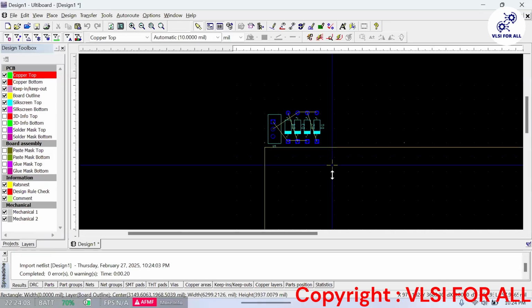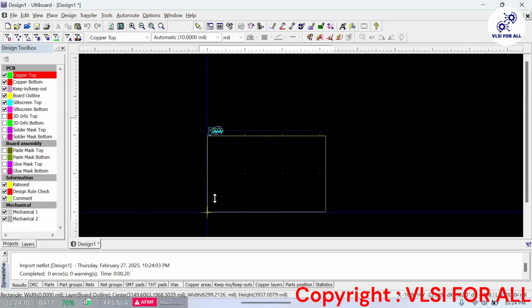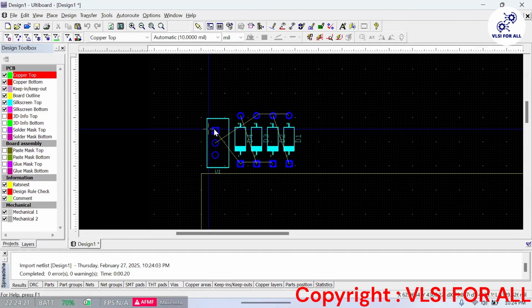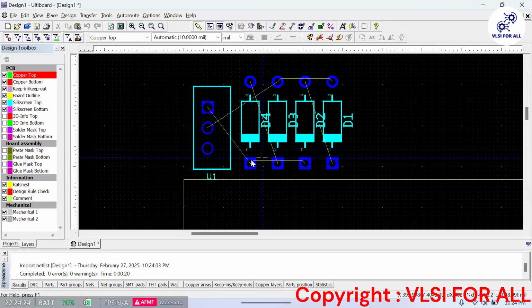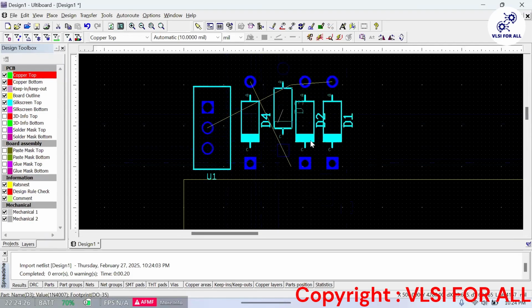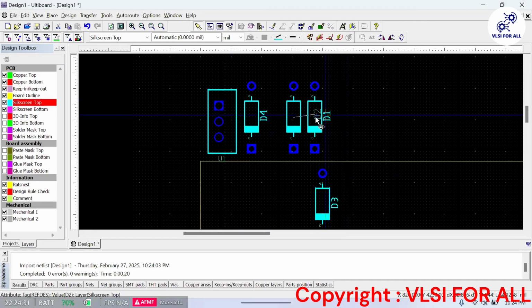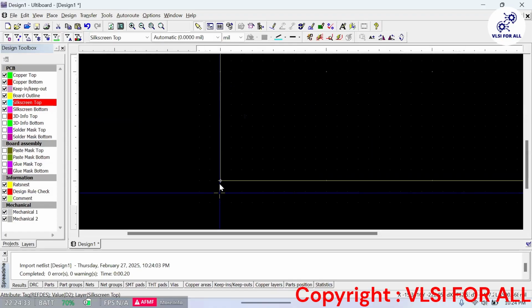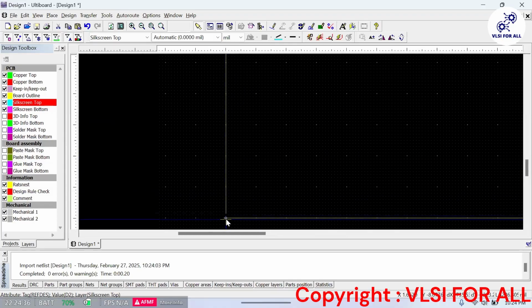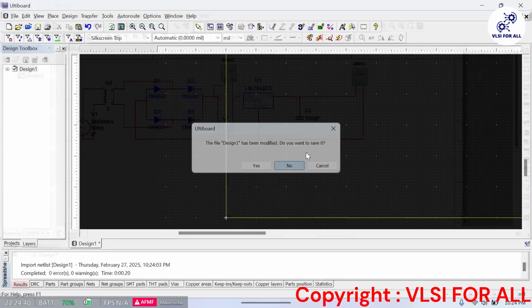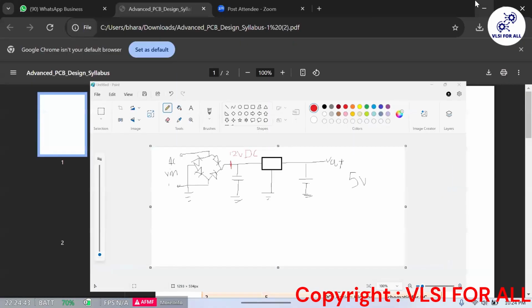See, we can do PCB design at this part also, which is Ultiboard of Multisim, NI Multisim only. Ultiboard is also a tool to make a PCB design, but we are not interested to make that here in this one. We are more interested to design it in Eagle for now because we don't want to do it here. We want to do it in Eagle CAD. Okay. So I will go to that one to make the proper file. I don't want to make it here. I will go to Eagle CAD to make it.